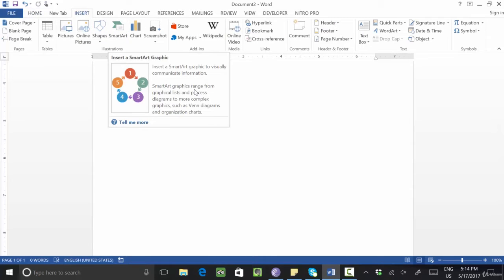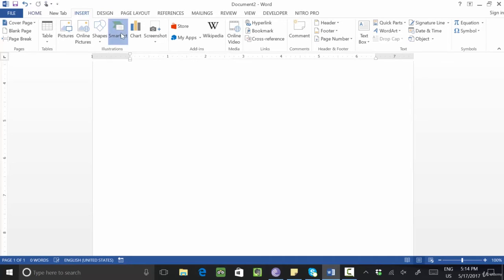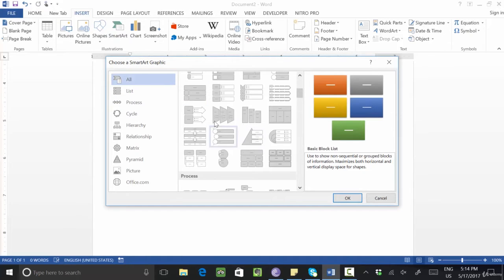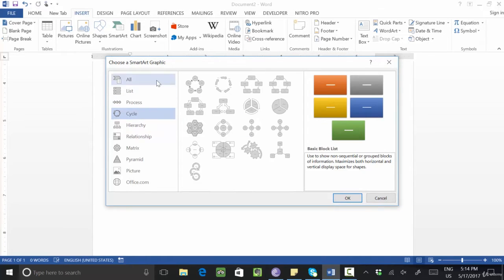Clear? Okay, next we have SmartArt. For example, if you want to highlight a specific diagram in the document, then we are using SmartArt. Okay, for example, I want to show one SmartArt. For example, I want to show one cycle. Okay, let's see, I want to show this cycle.